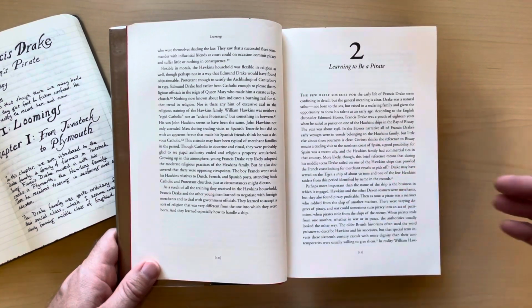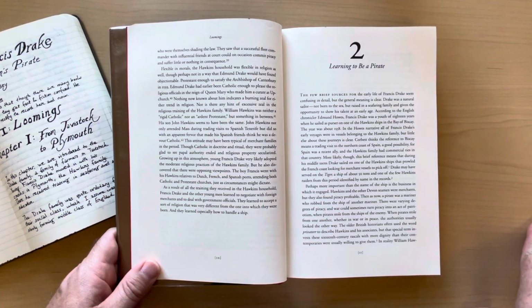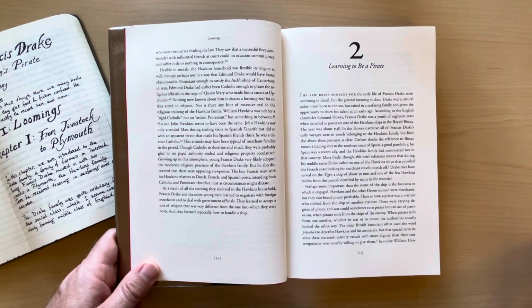So again, this is the late 1500s here. This is 100 years before Henry Morgan. We just looked at that book the other day, Empire of Blue Water. And this is 100 years before that. But we still have the Spaniards. The Spaniards still have lots of colonies. They developed colonies very early in the Spanish Main,